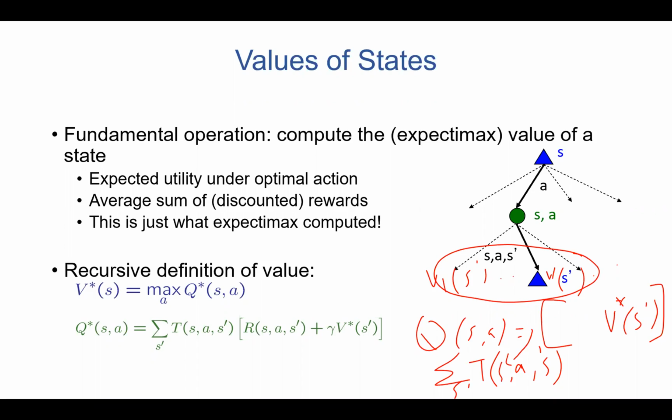So we're getting the probability from the transition matrix, right? P1 times V1 plus P2 times V2, et cetera. So from here, there's a certain probability that we get to this state, and a certain probability we can get to another state. So we're going to get the probabilities, and we're going to multiply them with the values that each node has. That's all we're doing in expect-max. So far, we're using expect-max here.